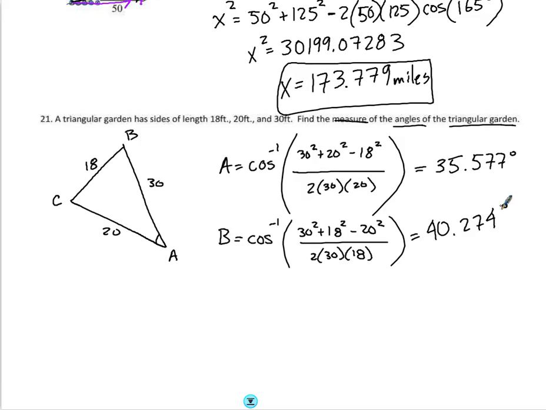Mr. Ausel? Yeah. So I did the cosine triangle formula for all three of them. Yeah. And when I added up the angles, it only came out to be 175.23. Is that just because each of the angles is an approximation? Yes. Okay. Yeah. Well, aren't we supposed to only... so when we're actually adding the two, do we add the approximations or the actual? What's to do